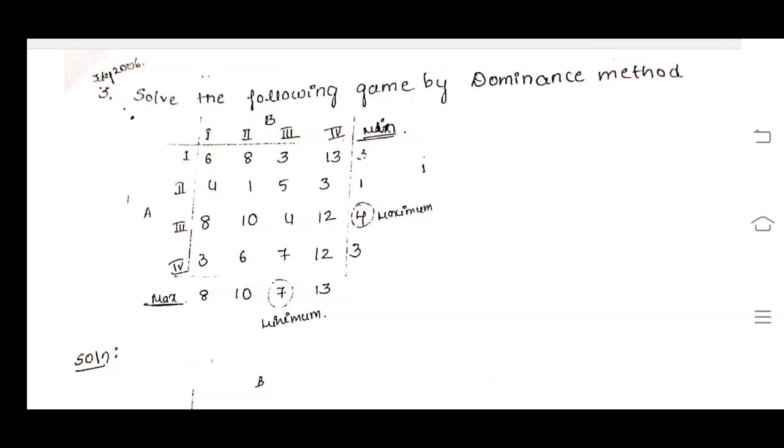Whenever the maximin and minimax values are not equal, there is no saddle point in the game. Such types of games will be reduced by using the dominance rule. In order to reduce it to the 2 cross 2 matrix, you can apply either the row dominance rule or the column dominance rule, or the average of 2 rows or 2 columns will be compared with the other column or the other row. But the thing is, it should be reduced to a 2 cross 2 matrix. After reducing it to the 2 cross 2 matrix, you can apply the mixed strategy procedure, then find the differences and the probabilities, and finally find the value of the game.